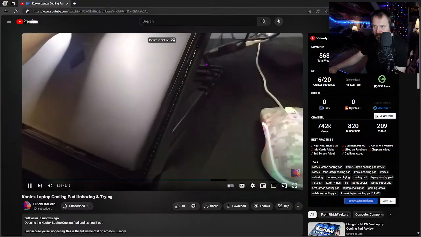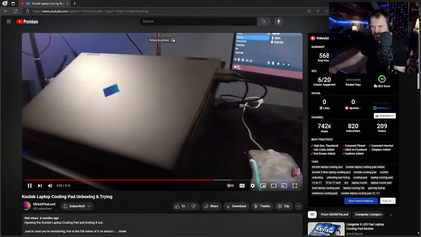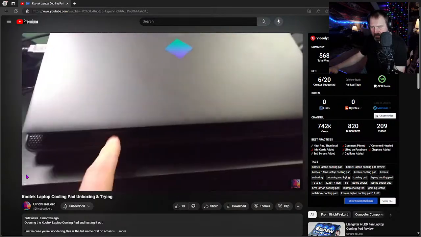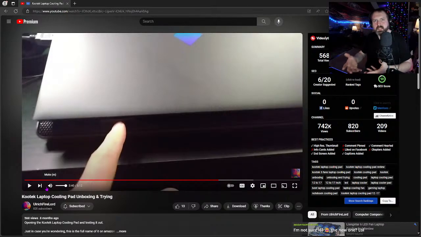It does open up pretty far, and you probably could sit this on a bed as high as it is, because that is very high. But if any dust from the bed gets in there, or you move around and the dust kicks up, I would be very careful about putting a laptop on a bed, especially a laptop like mine, because that's where it gets its air, obviously.